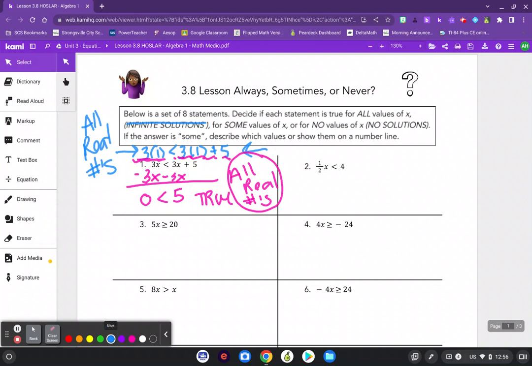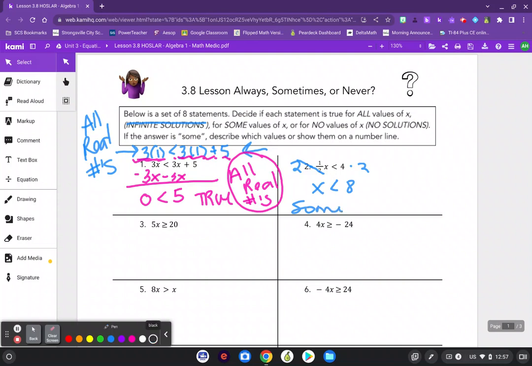Let's take a look at problem 2. In problem 2, I do not have variables on both sides. And so because I don't have variables on both sides, I'm not substituting a number in on both sides. It might actually matter what number I substitute in. And so I'm just going to go ahead and solve this. Remember, I can multiply both sides by 2. 2 times a half is 1, and so I have 1x less than 8. And so this is only true for some